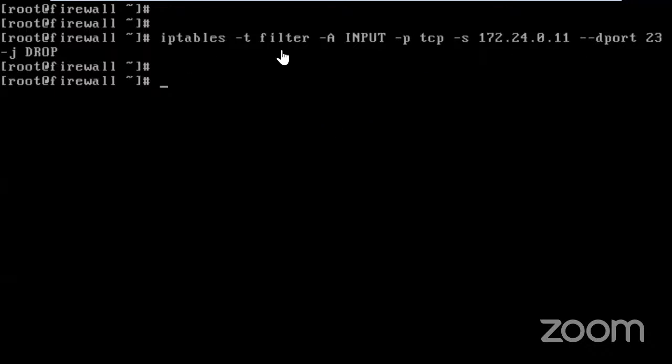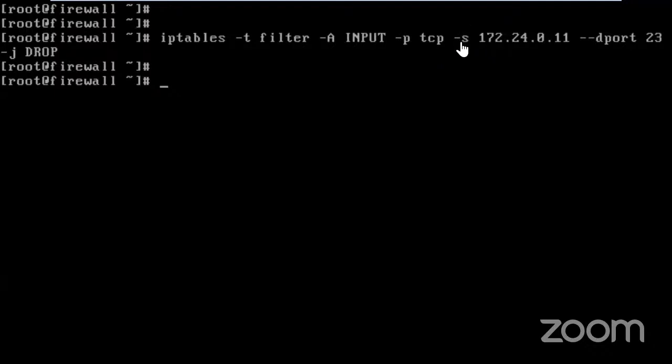In our case, please remember, when we talk about these ports, they are going to be either TCP or UDP. TCP means reliable. So telnet and SSH are reliable protocols and they use TCP. But when we are talking about a TFTP server, or a DNS server, DNS works on both UDP and TCP. So if you have to block the DNS traffic, then here we are going to specify UDP. But most protocols are TCP based. So we are saying the protocol is TCP.